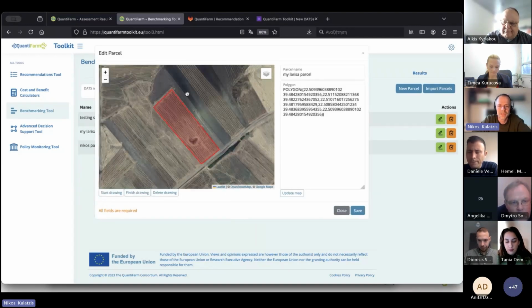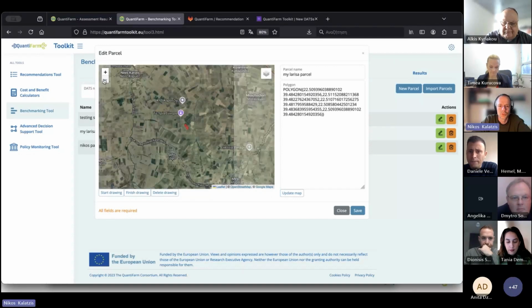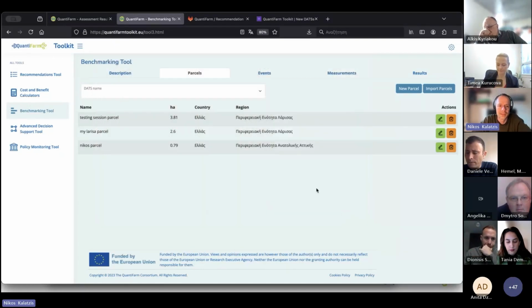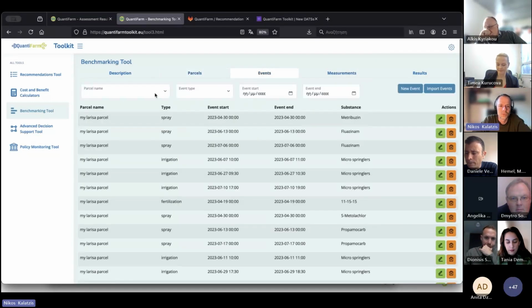We have an easy-to-use interface where you either draw on a map, so you identify your parcel or the parcel that you are trying to support, you draw the polygon and you click save, or you are just adding here the coordinates. So we have an example parcel here, and for these parcels, we are